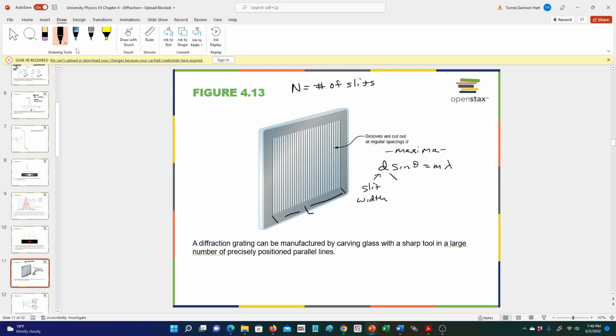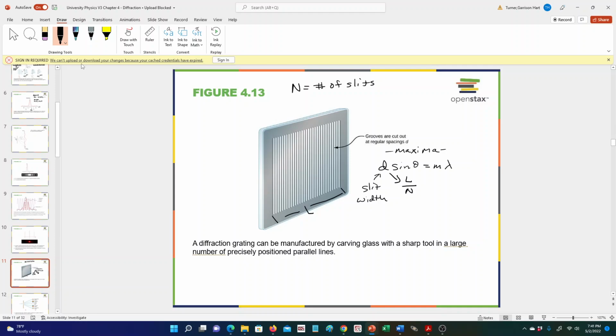And so in that case, D is going to be equal to N divided by L. I'm sorry, it's going to be L divided by N. So you take your total length L divided by the total number of slits, and that gives you your slit width D. And under that condition, then just like with the